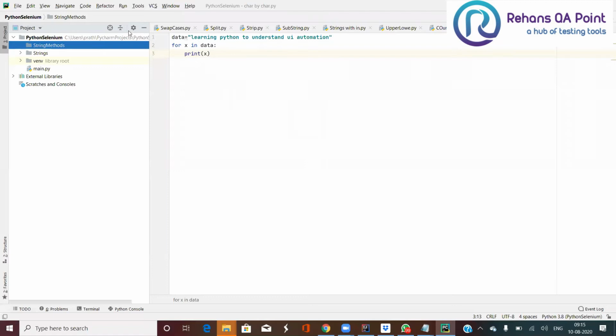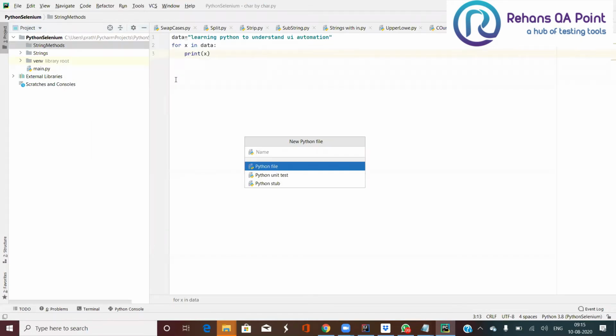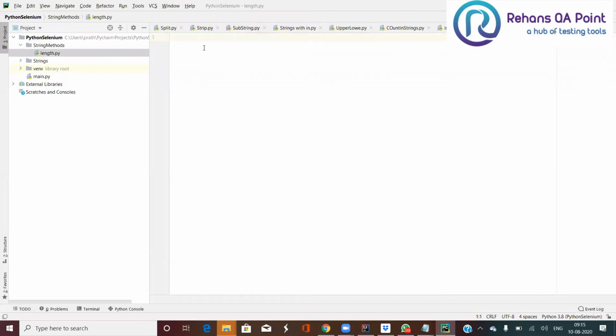Okay. So now let us see these string implementations with the first method called length. I'm going to create a new Python file called length. Okay, I have a string, data is equal to "learning Python for test automation".